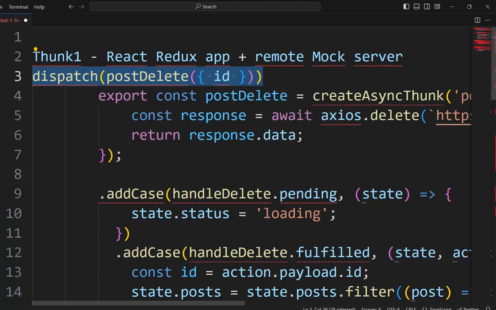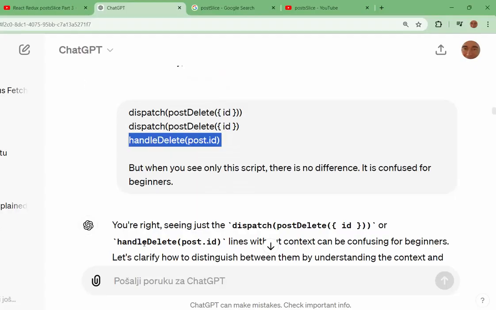When we see other context, we understand. But without context, it is very, very confusing for beginners, like I was. When you see only this script, there is no difference.